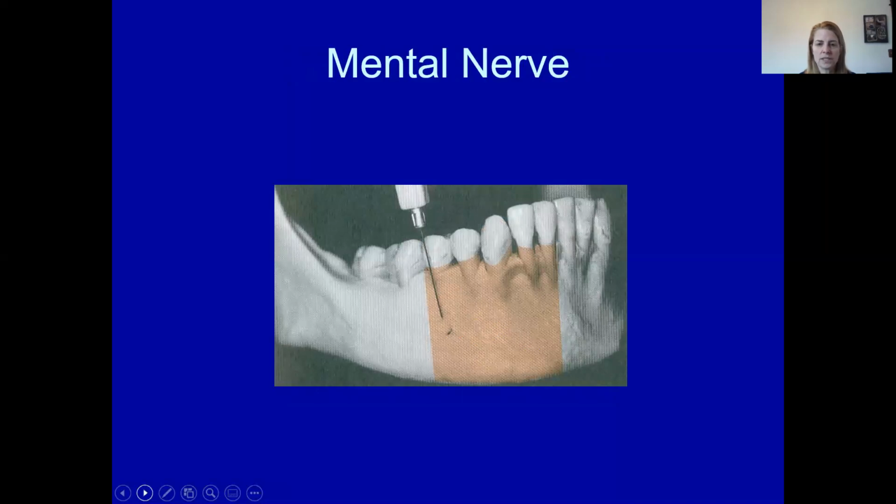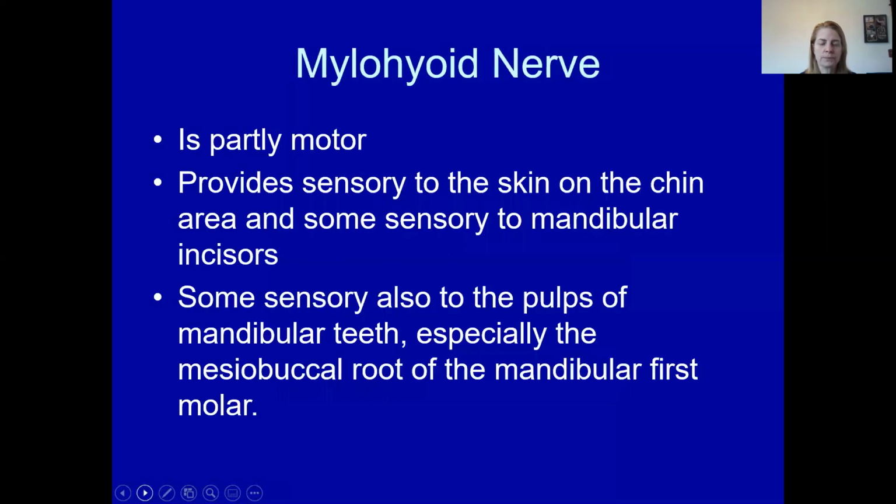So the location's the same. The difference is the massaging near the mental foramen, so the anesthetic diffuses into the mental foramen. The mylohyoid nerve, it's partly motor, provides sensory to the skin on the chin and sensory to the mandibular incisors, but it also provides some sensory to the pulp of the mandibular teeth, particularly the mesiobuccal root of the mandibular